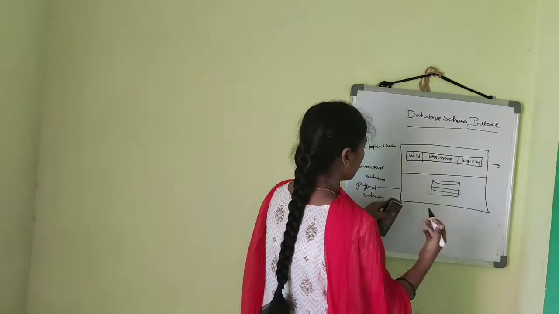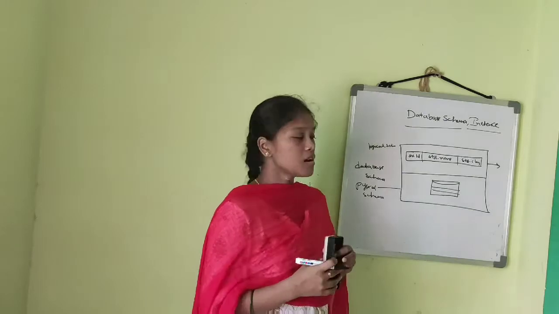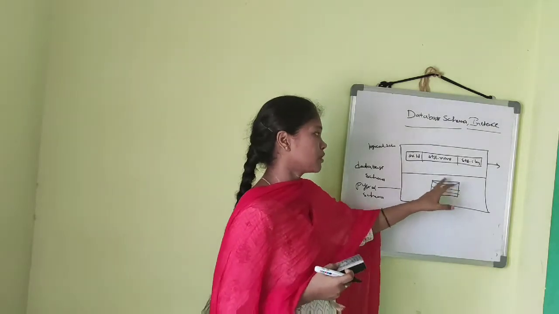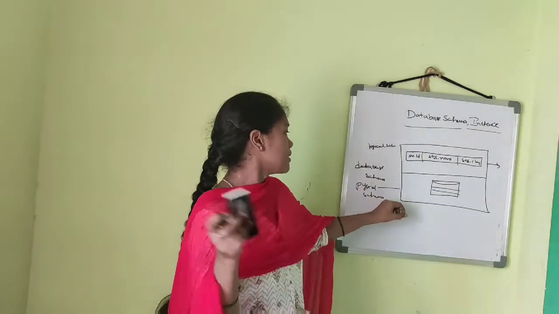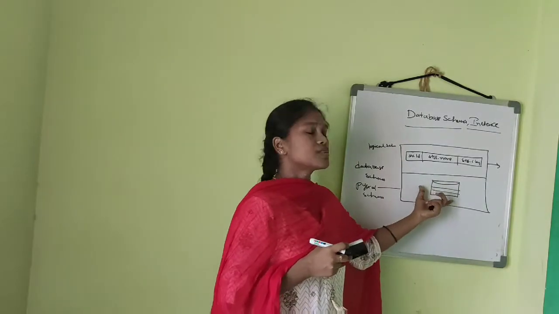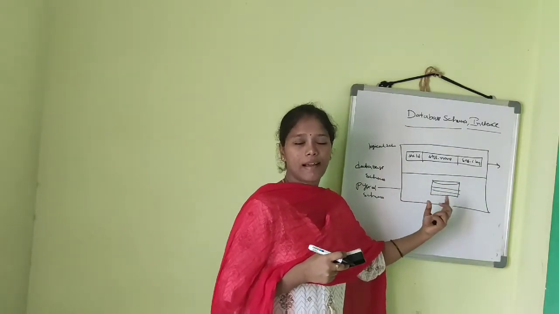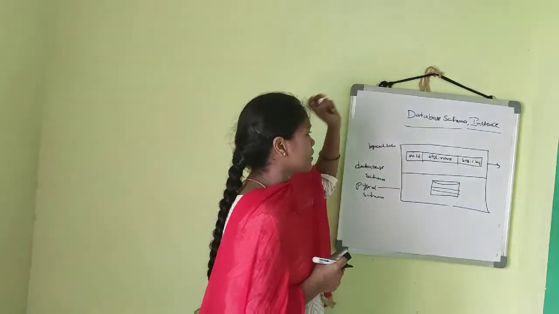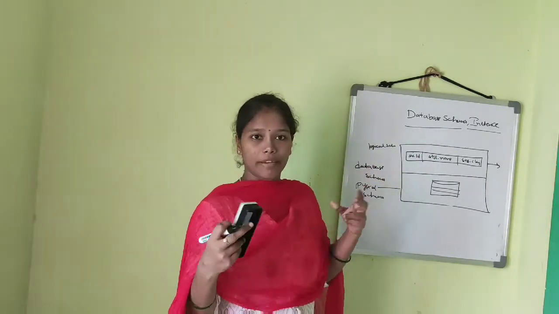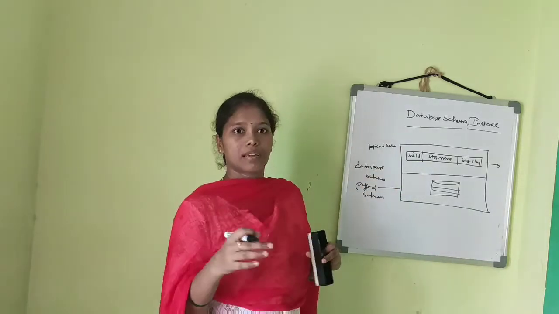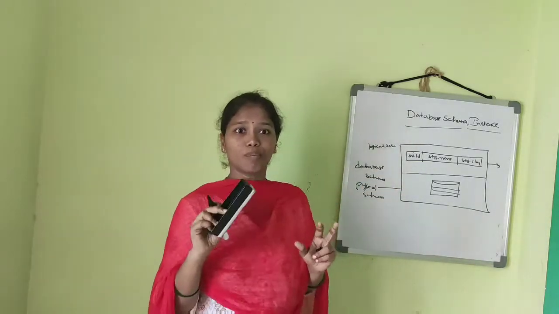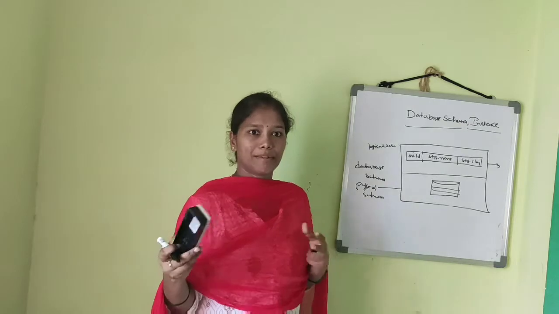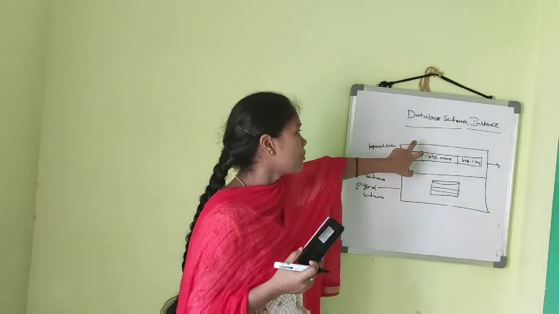That means here what we can learn: the physical schema can tell which type of data is stored in the database and what relations exist among them. Okay, so this physical schema can define which type of data is stored in the database and what relations exist among them. And the logical schema defines, in Oracle for example, tables and how to insert into the table. We can write some code for that, like create employee name. You can create many tables and databases. That process will be performed in the logical schema.